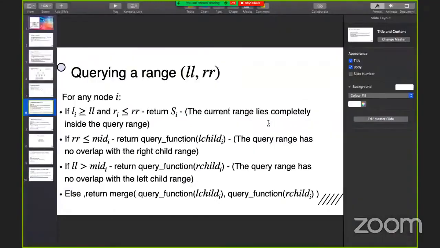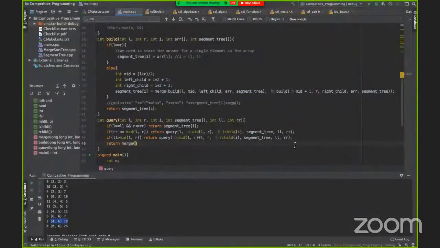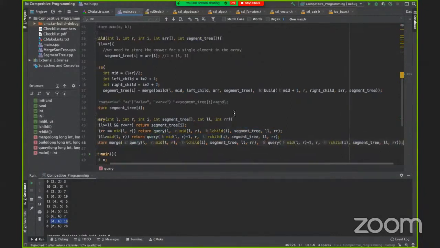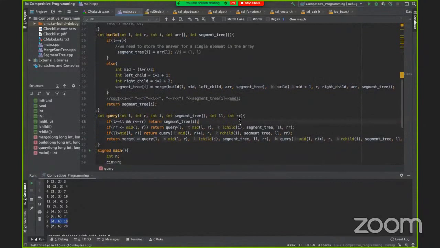In that case, we'll just return merge, and I'm just going to copy paste because I don't want to retype everything. But here's the query for the left range, and here is the query for the right range. Note that the way we've implemented this, we don't have to do this all the time. There's a simpler way to do this, but this is just one extra line.